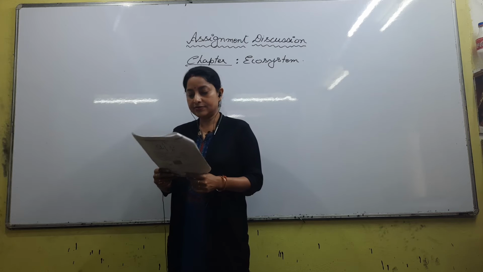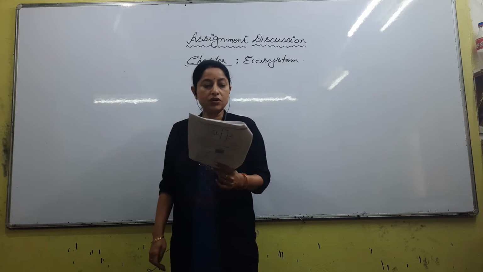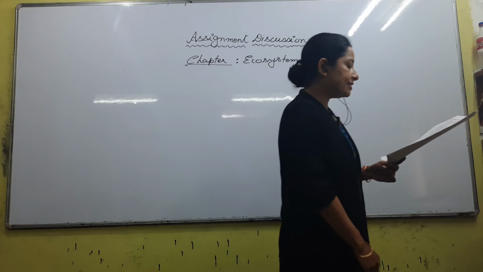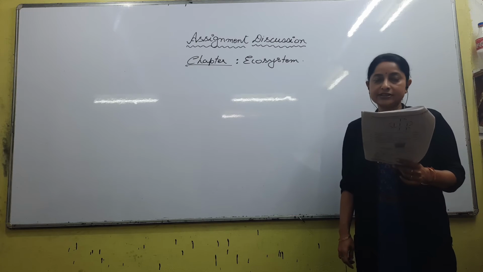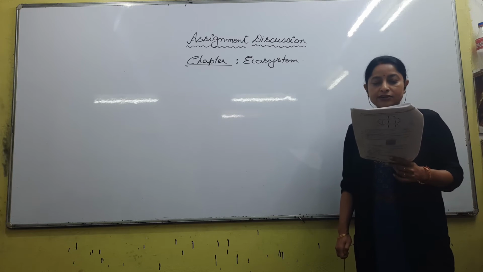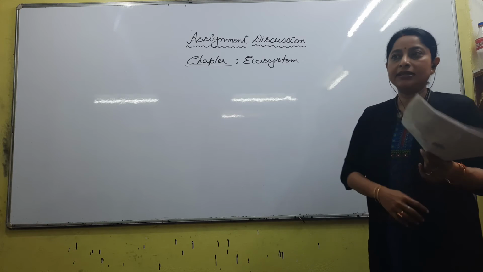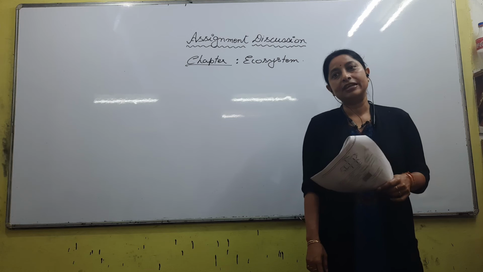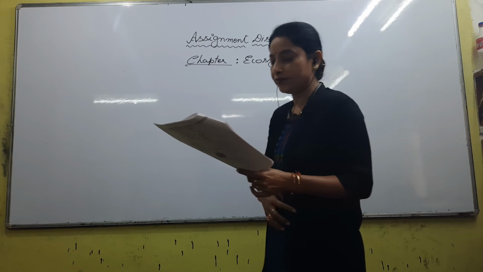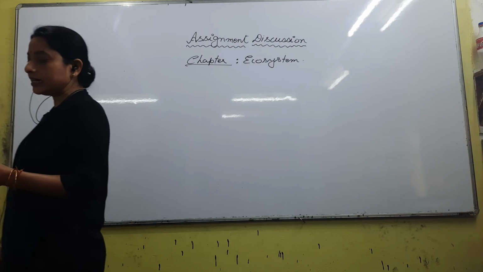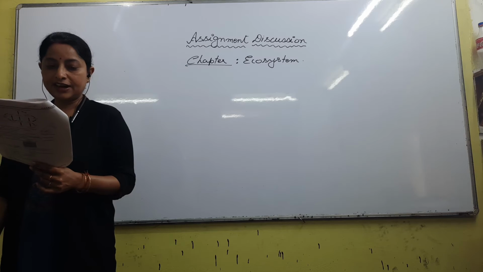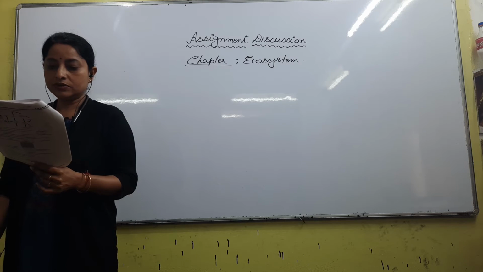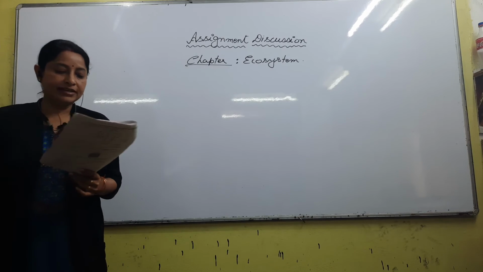Question number 96. Oh sorry, 95. Which one of the following types of organisms occupy more than one trophic level in a pond ecosystem? It is always fish. Because according to the different fishes, they stay at different areas where the light is available, no? According to the fish, the requirement of light zone is different. Next is question number 96. Correct. Oh, okay. B is correct.